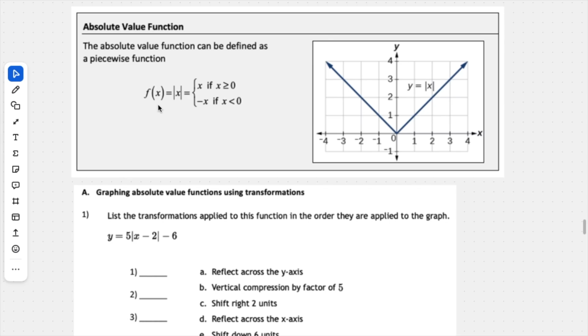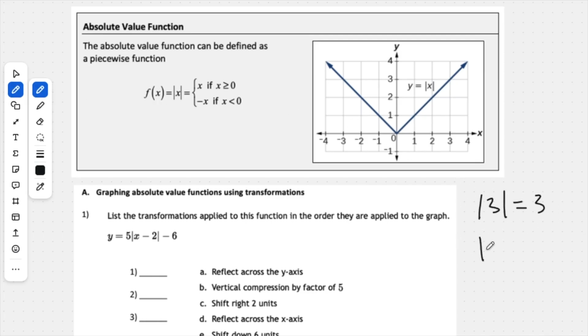Starting off with the definition of an absolute value, you may remember, in terms of pretty straightforward math, if we have the absolute value of 3, that would be 3. If we have the absolute value of -3, whatever is in the absolute value, we take and make positive, and so that would also be 3. What that means practically in terms of a number line is when we're talking about the absolute value of 3 or -3, they're the same thing. The absolute value gives the distance from the origin, but the sign doesn't matter if we're going left